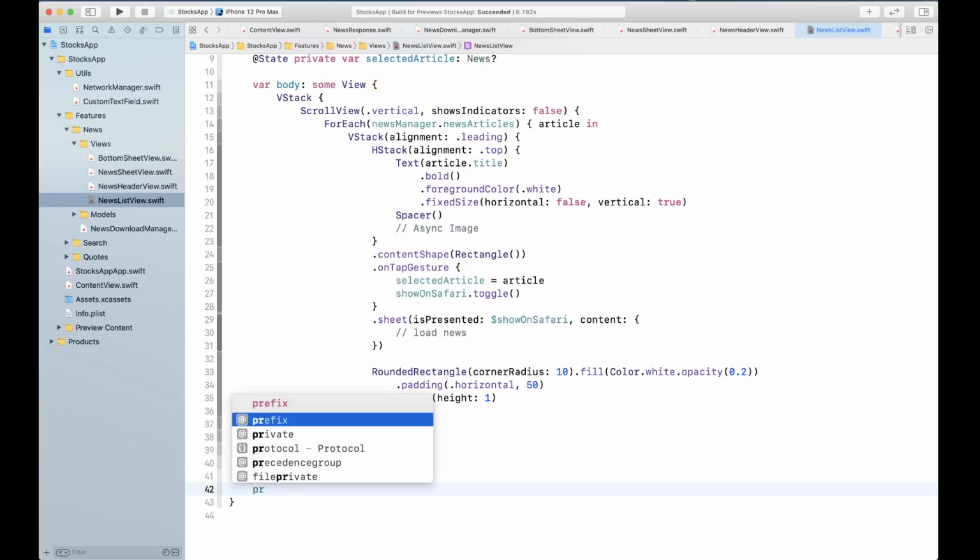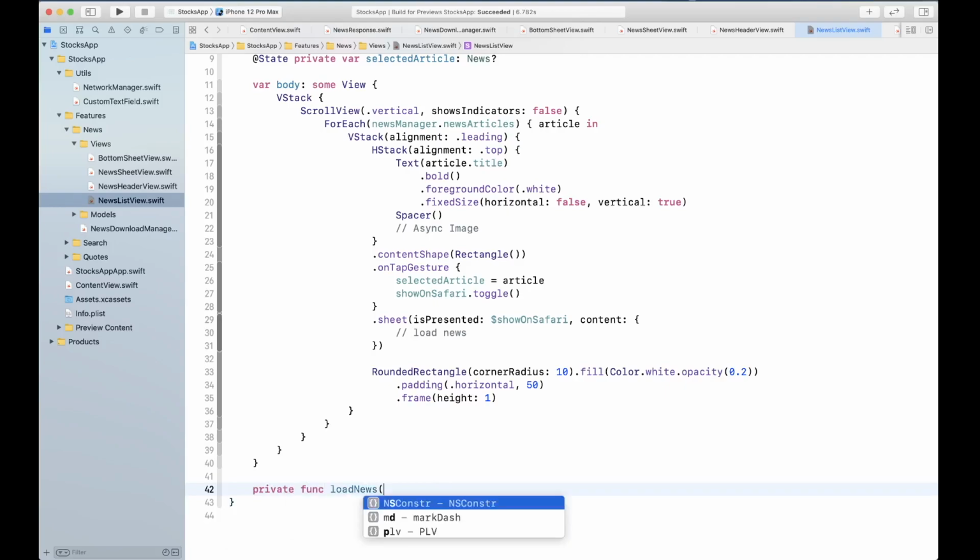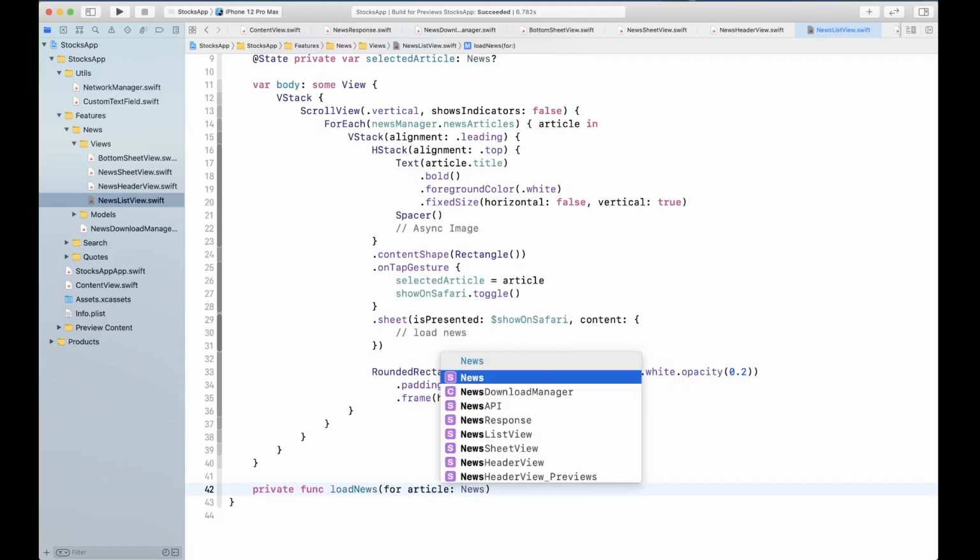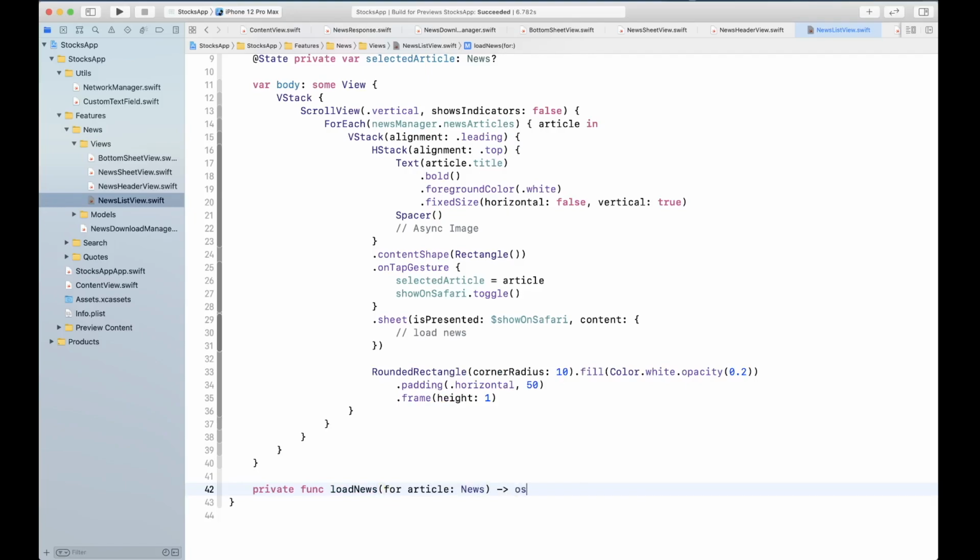So I'm going to create a private function, load news for article news. All right, and say some View, and we want to return a Safari view.